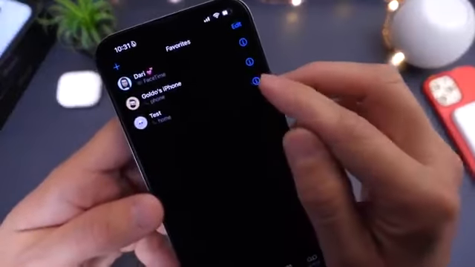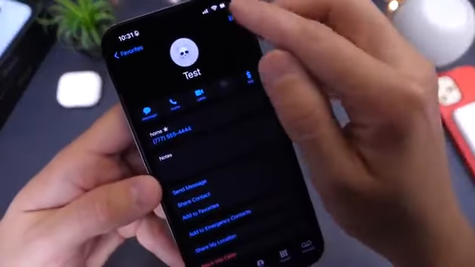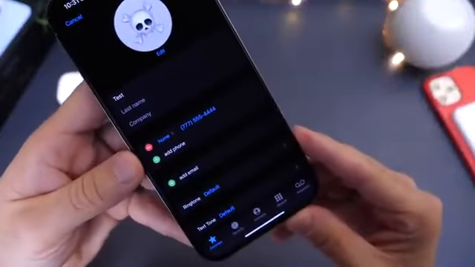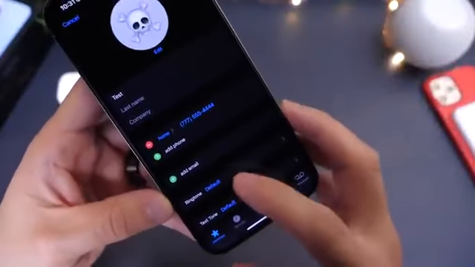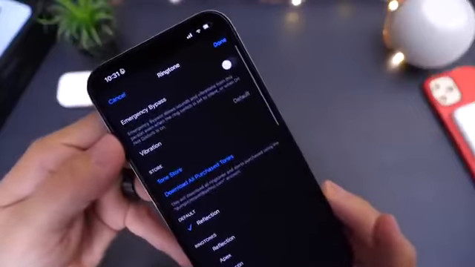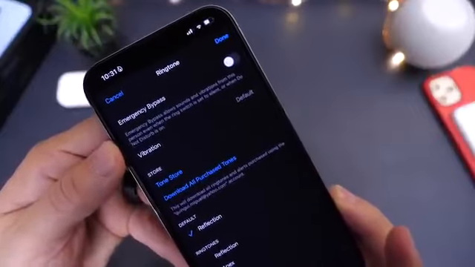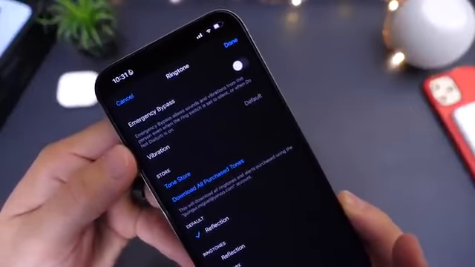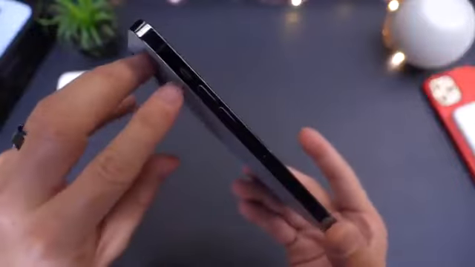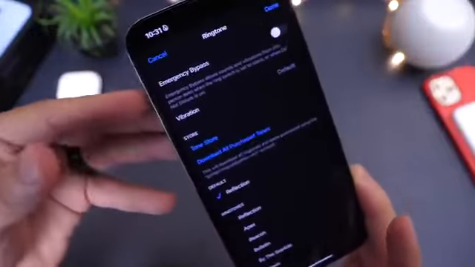Obviously, select the contact, click on the I next to the name. You want to click edit here, and then you want to click on ringtones. Now, not many users know about this. You have the option now to bypass emergency. So emergency bypass will allow you to bypass the silent switch for that particular contact, and when they call you,